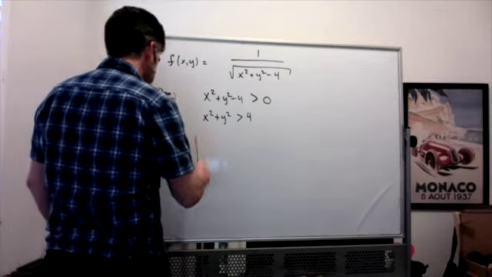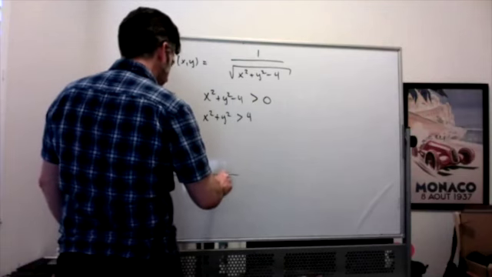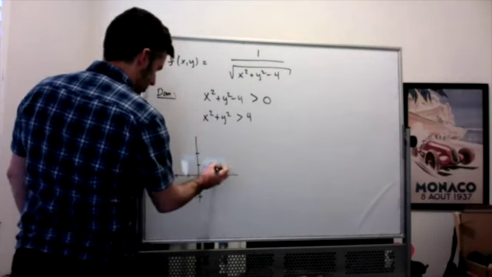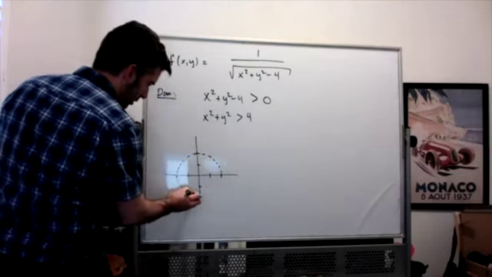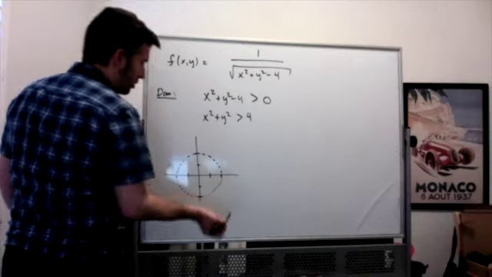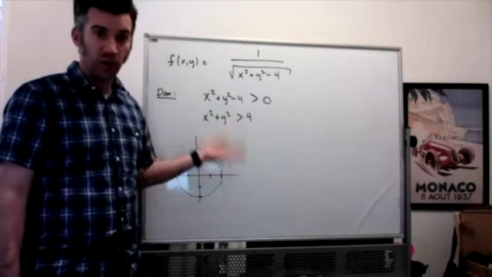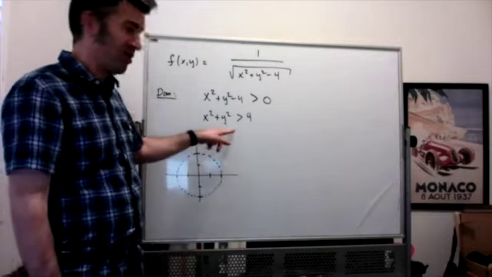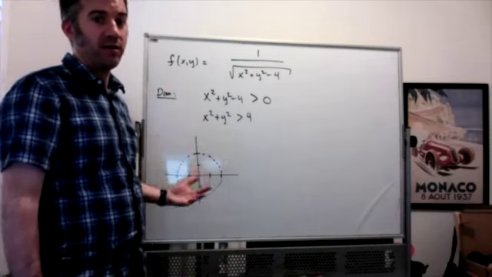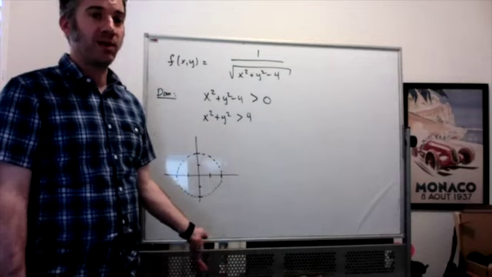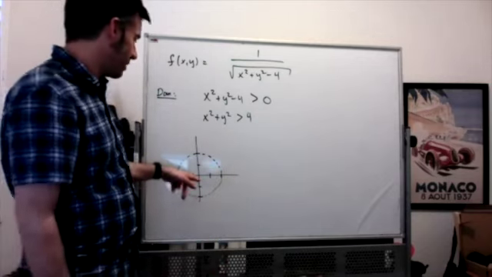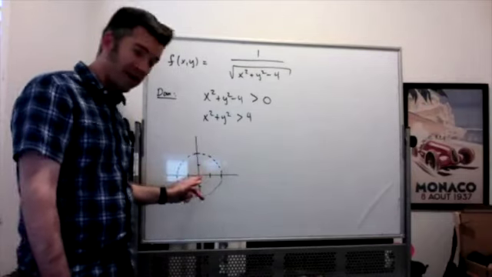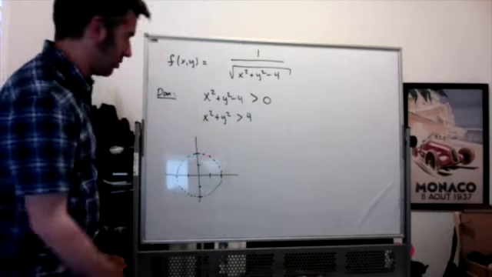So here the boundary of our domain is a circle of radius 2. And notice I'm drawing it dashed because I don't want to include the boundary, because x squared plus y squared has to be greater than 4, and the boundary is where x squared plus y squared is equal to 4. Now I have to decide which side of the boundary I want. I usually like to pick a point to show you. If I pick 0, 0, then 0 squared plus 0 squared is not greater than 4. So 0, 0 isn't in the domain,